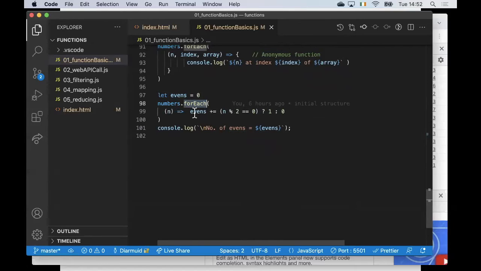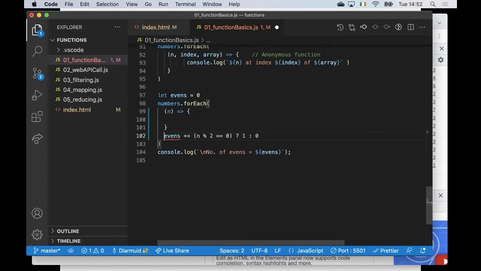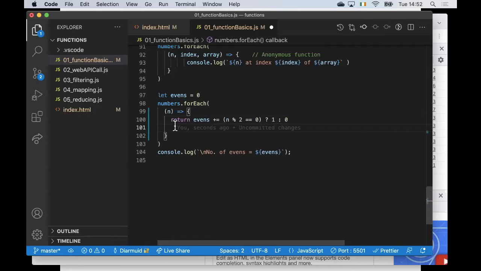Now, there's a lot of stuff going on here, but this is the kind of shorthand version of the arrow function. I don't have any curly braces. The long-handed way of writing this piece of code would be to do that and move that up and stick the return keyword in front of it. And now it looks kind of more familiar to you, I guess, if you haven't used arrow functions before. But because there's only one statement in the body of this arrow function, and the evaluation of that return statement is the return value